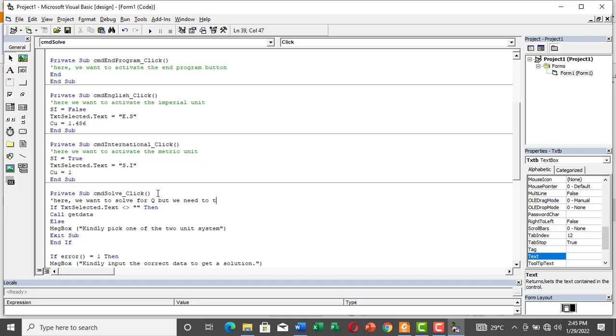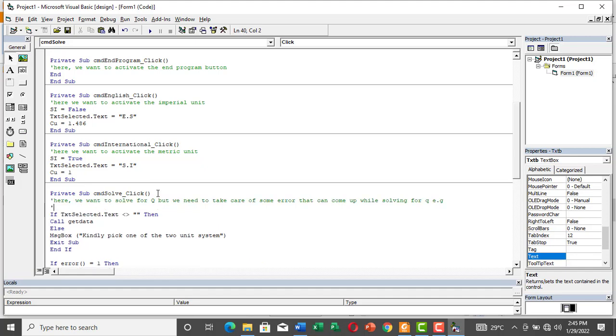but we need to take care of some errors that can come up while solving for q, e.g., let me continue under e.g., if you don't pick a unit system, or if you don't provide one of the 5